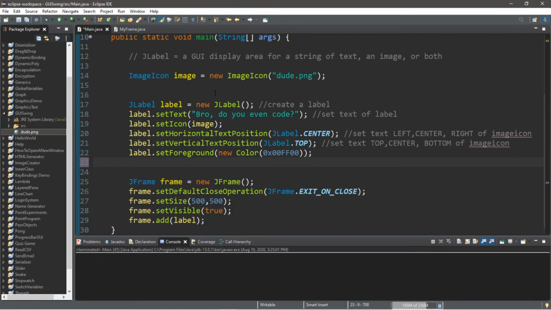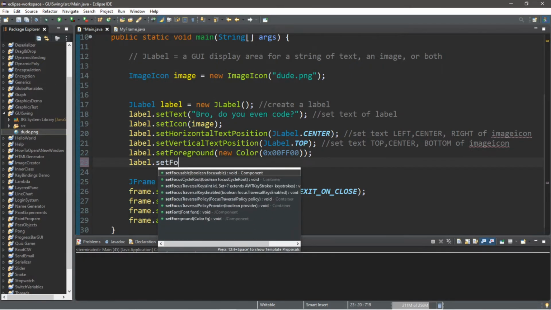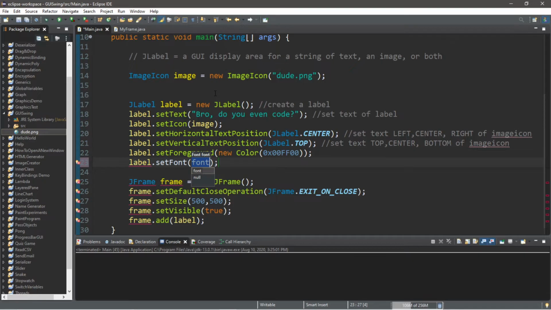What if you want to change the font styling? Well, there is a method that will do that for you. That is label.setFont, and we can pass in a new Font, kind of like what we did with our new Color. So let's create a new Font. We can set the type of font that we want. One of my personal favorites is MV Boli, but use whatever font that you personally want. And we can set the styling if it's plain, bold, underline, italic.